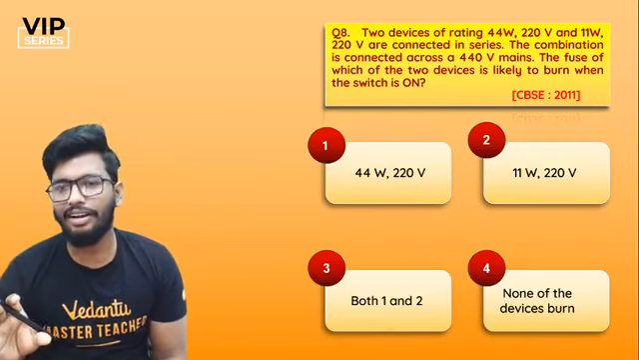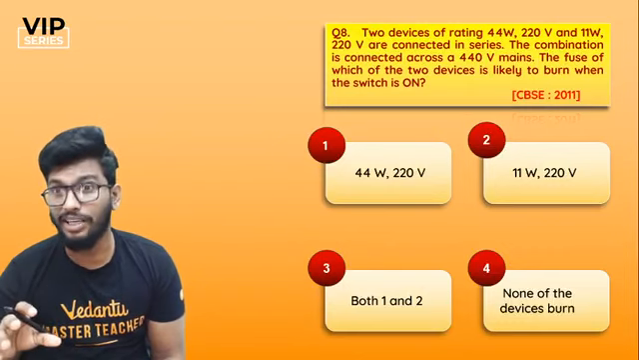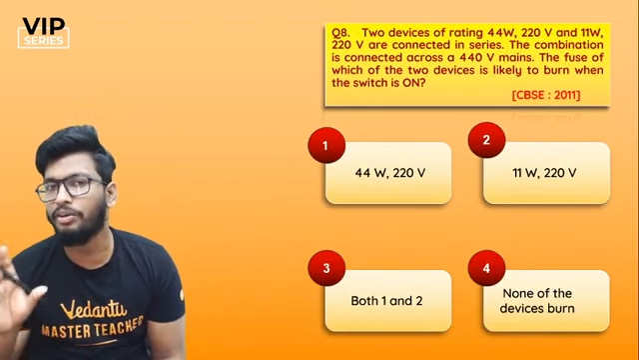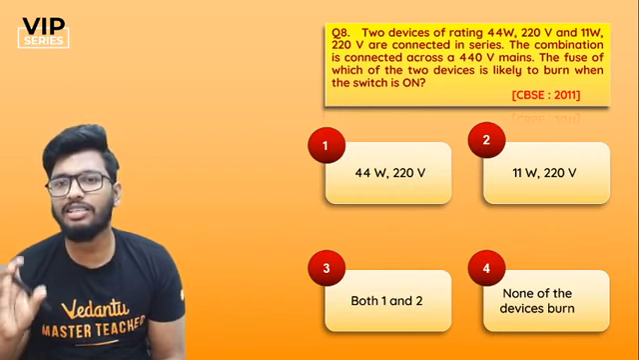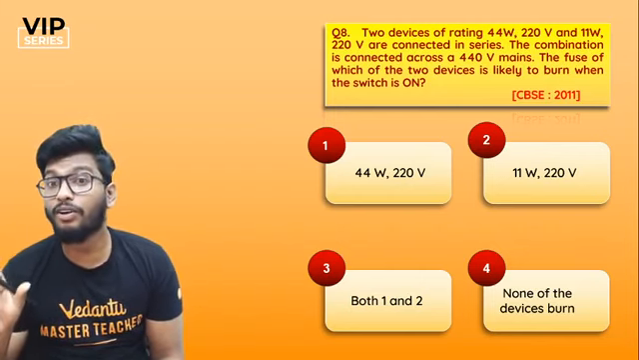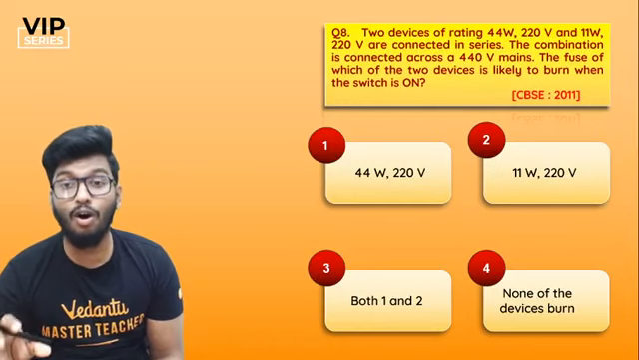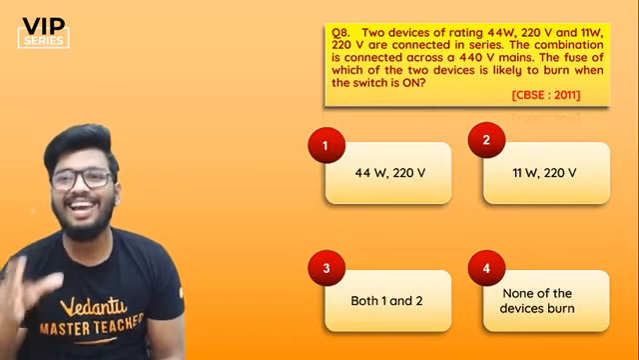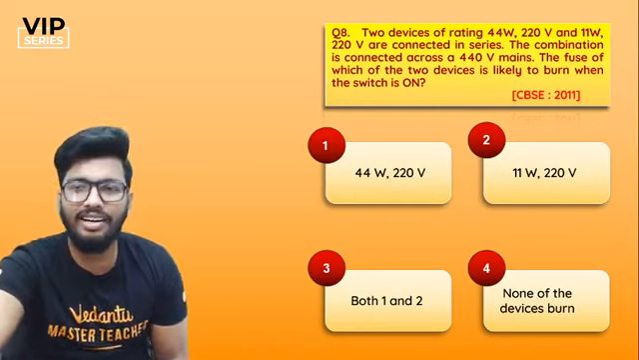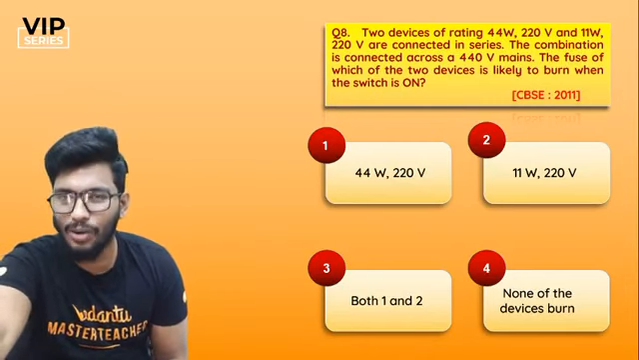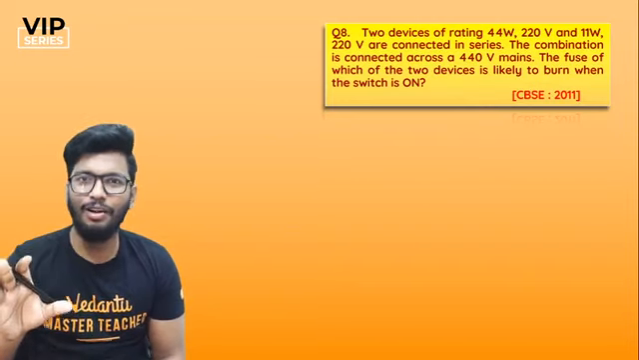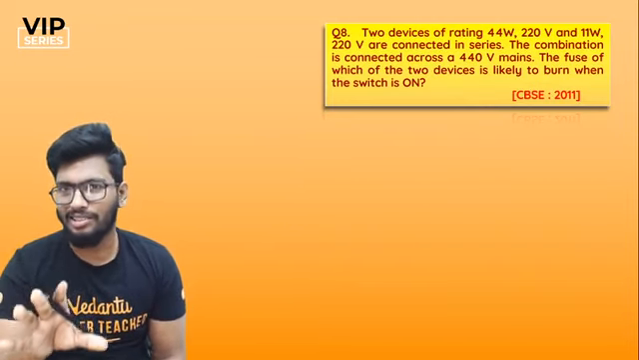Two devices of rating 44 watts and 220 volts and 11 watts and 220 volts are connected in series. The combination is connected across a 440 volts main. The fuse of which of the two devices is likely to be burned when the switch is on? That is the question. Now I'm going to first try out this question, but I want you guys